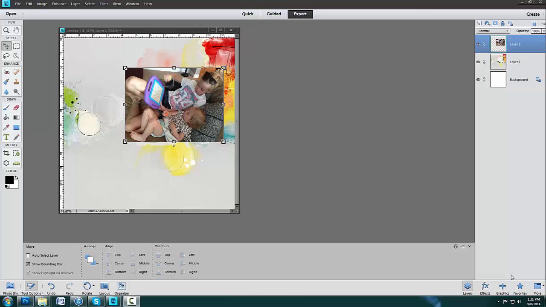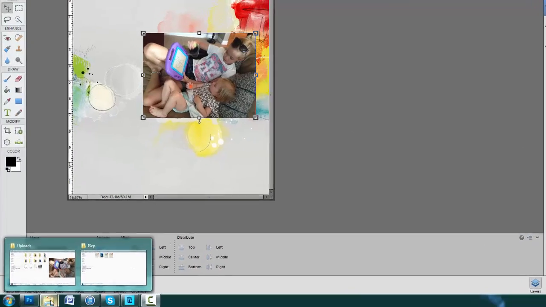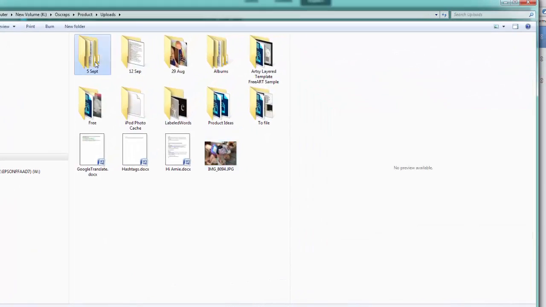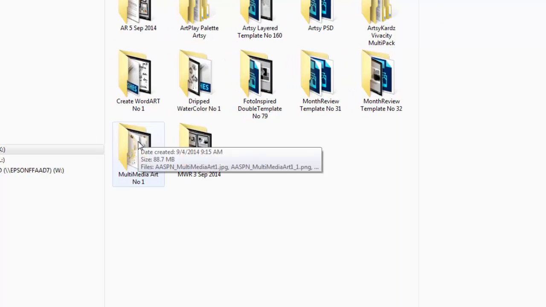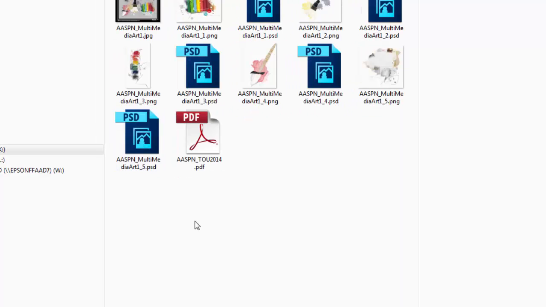From here I could go ahead and blend that image, or I could put a frame around it to create the focal point of my page, but in this instance I'm going to make it easier on myself and I'm going to use a mask found in Multimedia Art number 1. So head back down to that folder, I'm going to navigate to my supplies and locate Multimedia Art number 1. Click on that, and the file I want to use is